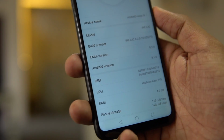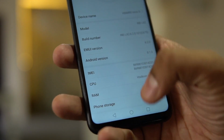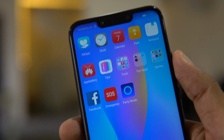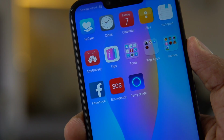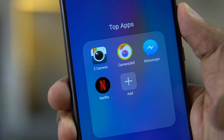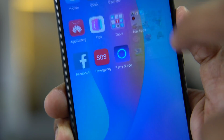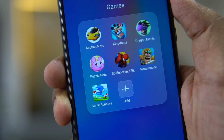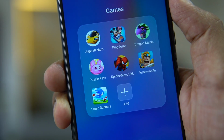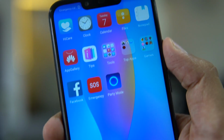And this is 4 GB plus 128 GB, out of which about 113 GB is free for the user to use. And for the pre-install apps, there are a few pre-install apps apart from what you see the Google apps are, and some of them are actually unnecessary as well. There's a Z camera, camera 360, and a lot of games which are basic games which most of the users might not be playing on these high-end or the mid-range smartphones. But then there are quite a few bloatware apps given in the